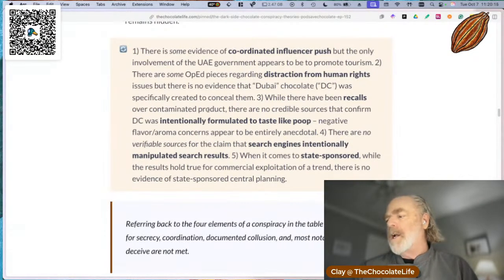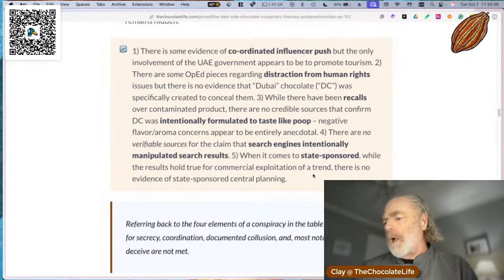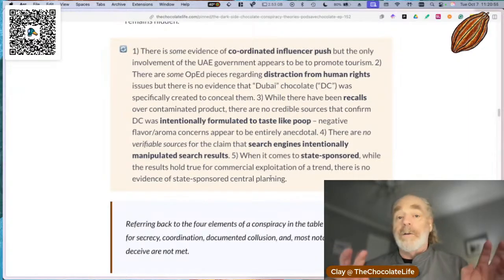And when it comes to state-sponsored economic planning, the results hold true of the commercial exploitation of a trend. And this would be after the fact. Somebody noticed that there was this trend, and then put money into it. There is no evidence of state-sponsored central planning from the outset, of a top-down "Oh, we're going to create this product for a particular reason, and then we're going to put money into promoting it." So that's my debunk around